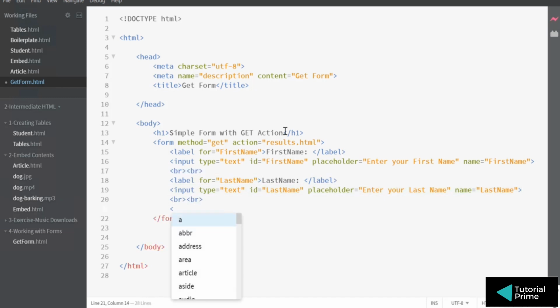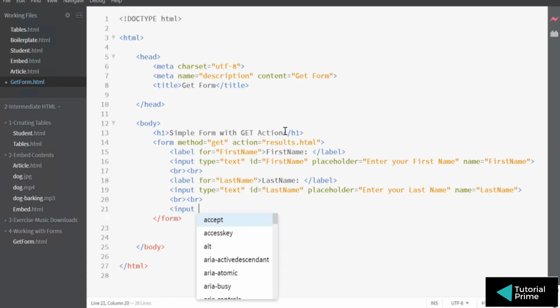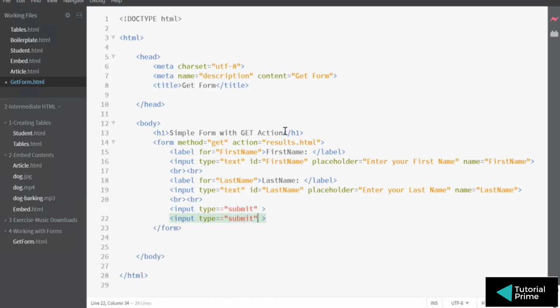How are we going to write the submit button? Again, you can use the input, and this time instead of saying text, you can say it is a submit button. Then you can also have the reset button, and instead of showing reset, you can set the text on the button to say clear form.